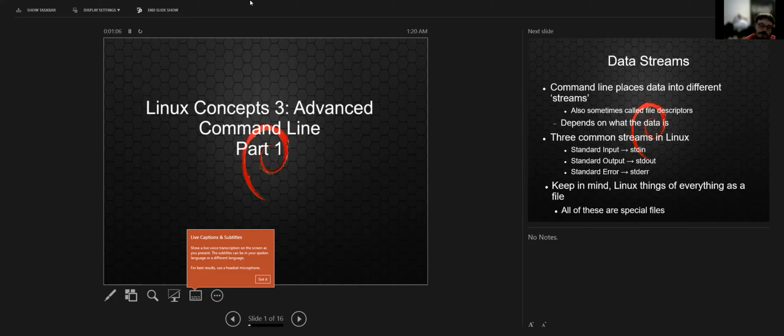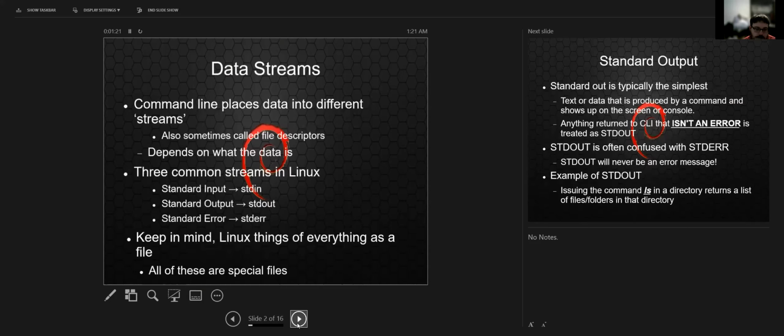But today's lecture video is going to focus on the advanced command line aspects, mostly data streams and two concepts, redirection and piping. So ultimately, data streams are effectively,